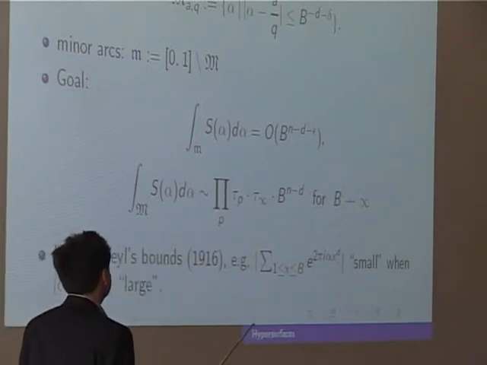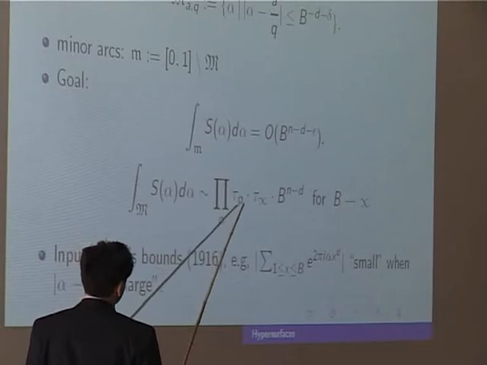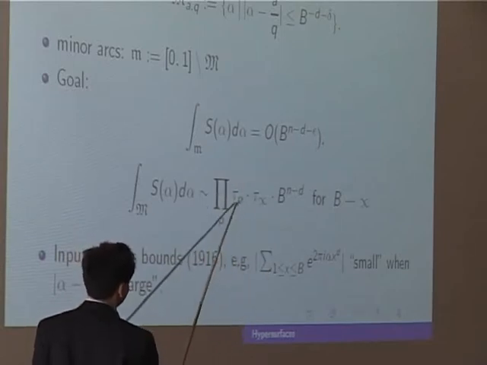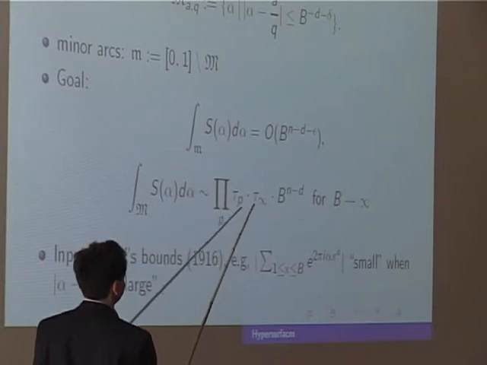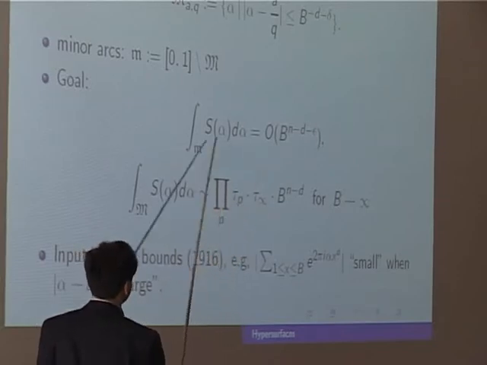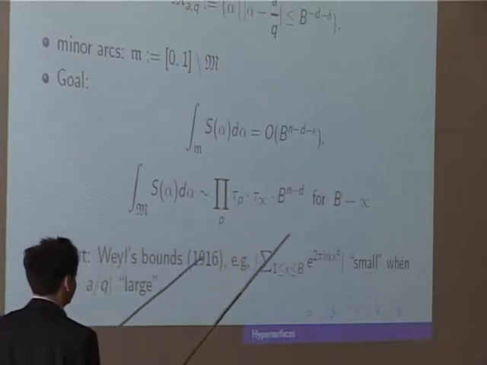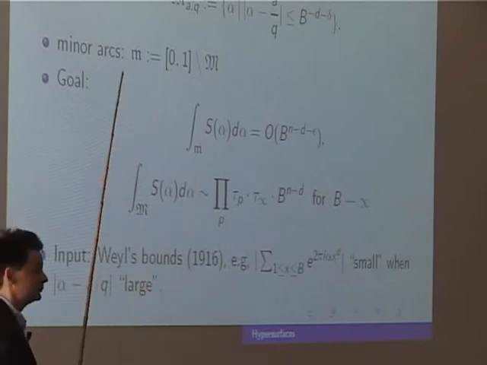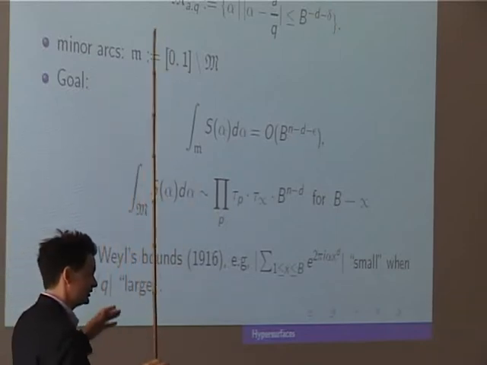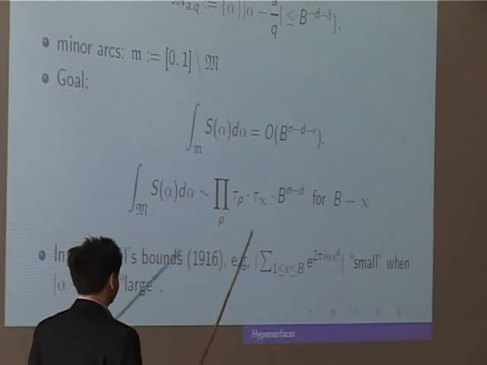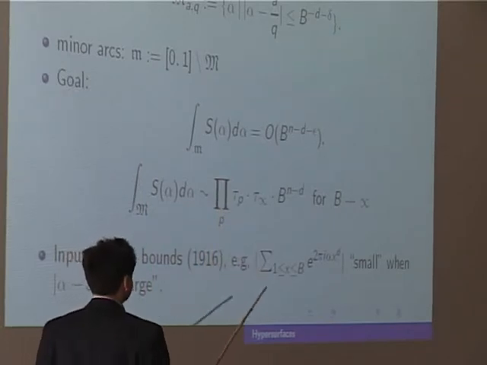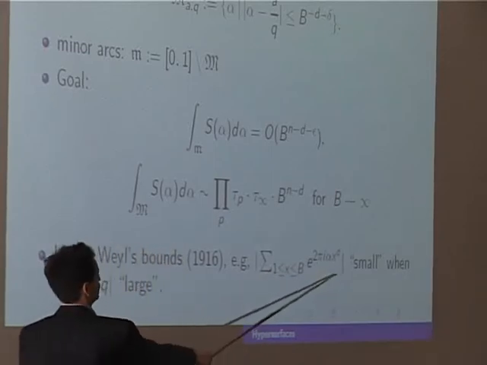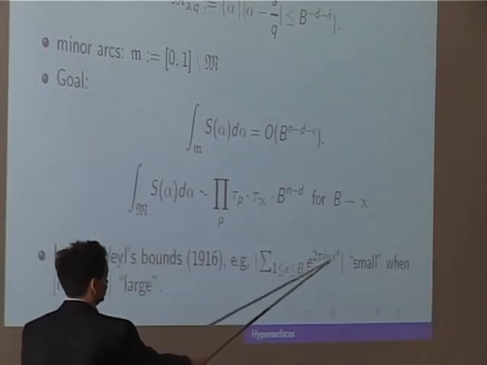And you would have an asymptotic formula with this dominant term, provided the local densities are positive and the Euler product converges, and you can prove that this is the case once you have a local solution. So what's the main analytic input into this method? Of course, there are many steps which I'm not explaining. They will come later on. The main thing is this estimate for this kind of exponential sum. So S of alpha, remember, was f of x,